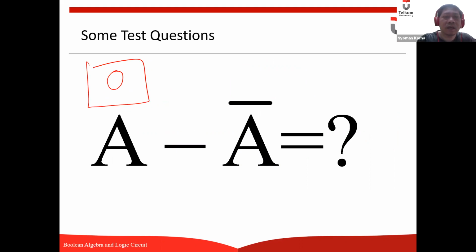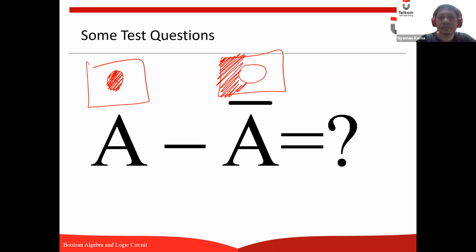Now, what is A minus complement of A? Say this is A, and then this is nothing. Now, what is the element that is a member of A, but also not a member of not A?